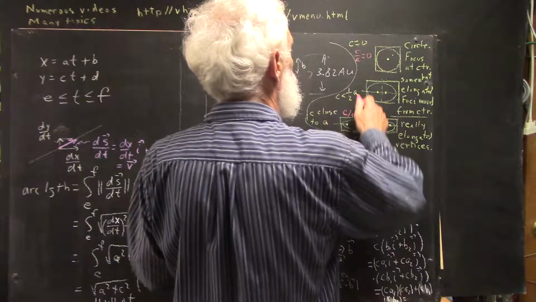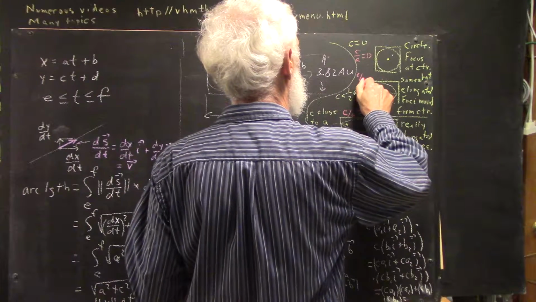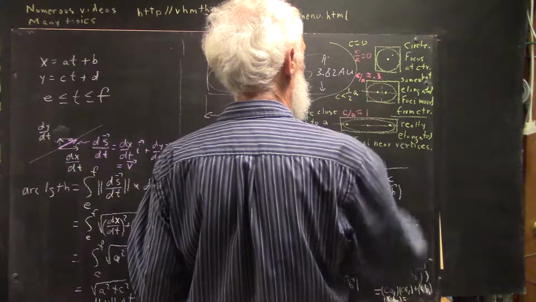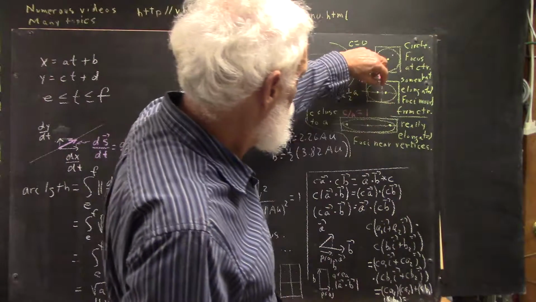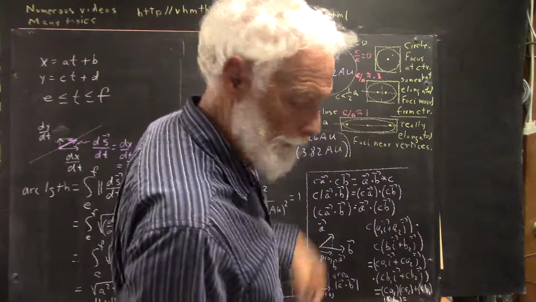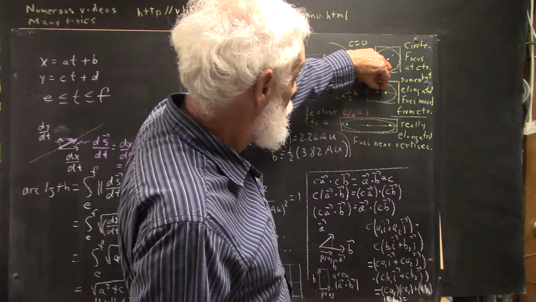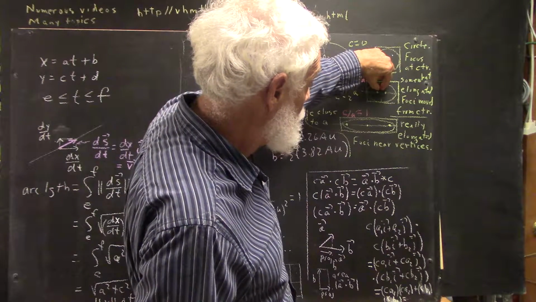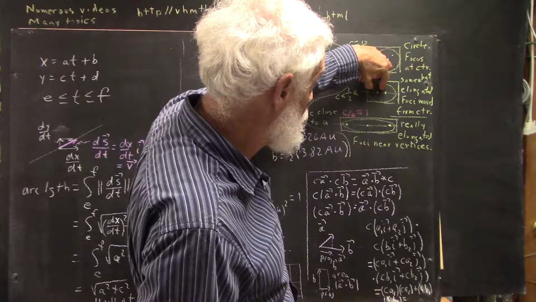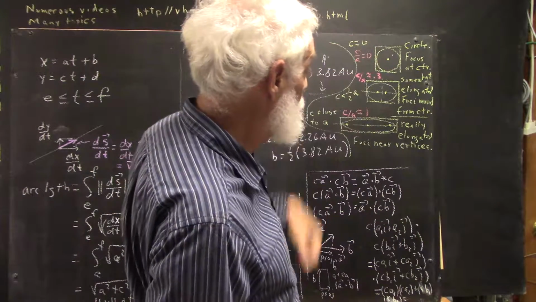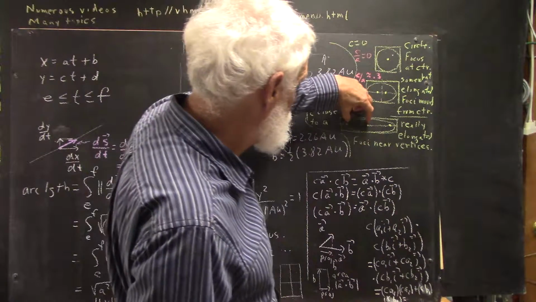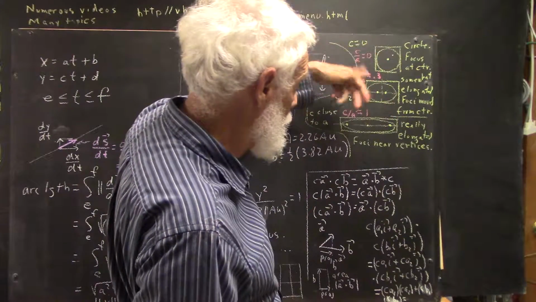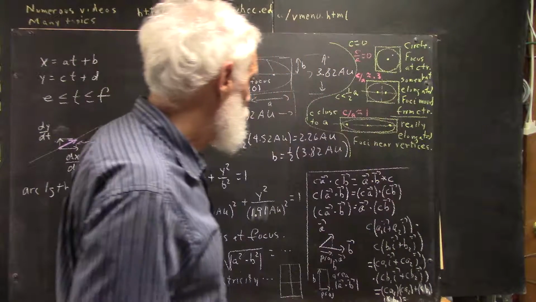And here maybe c over a is maybe 0.3 or so. Okay? This distance divided by this distance. So you just see the distance c wherever the foci happen to be. Take this distance as a proportion of this distance. If this is 3/10 of this distance, then c over a would be 0.3. If this distance, let's say here, is 80% of this distance, then c over a would be 0.8. So there's your